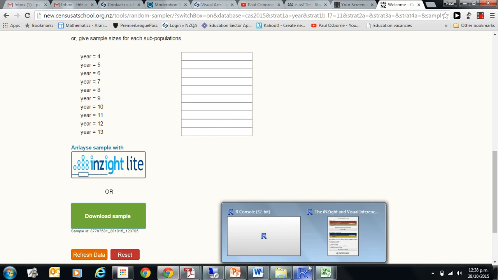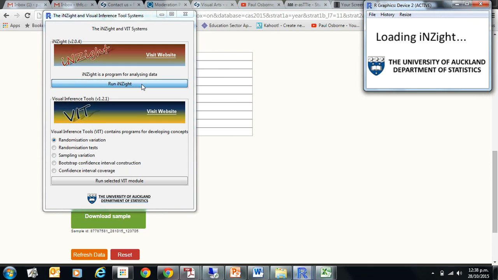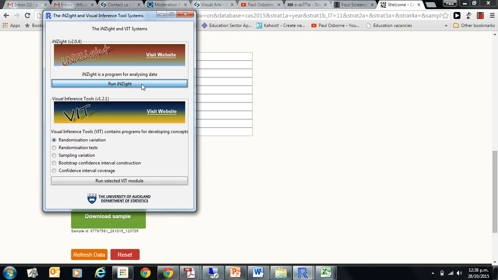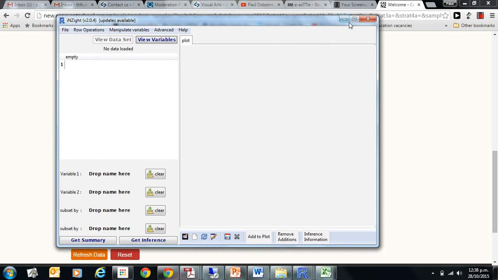And now what we're interested in is we're interested in iNZight. Now we're going to run iNZight. Takes a minute or so to load. You can access iNZight from the S drive under the statistics folder, and when you click on run, it takes, as I say, a few seconds to load, and what we'll get is we should get a window where we can import the data. There we go. Okay, we'll maximize that